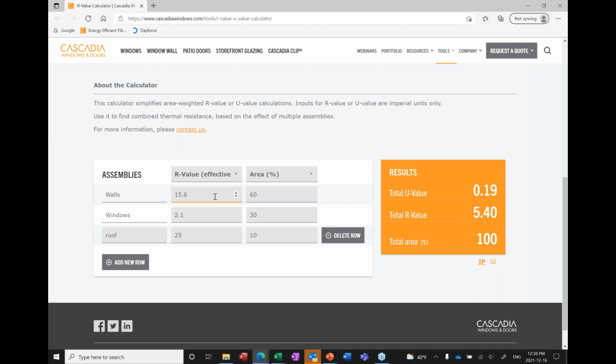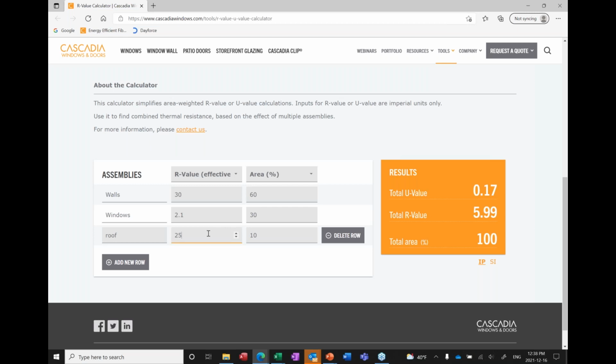So let's start by improving the walls. So let's double the insulation thickness, and let's add some thermally broken cladding attachment, and we'll get the walls performing to R30. And you can see that we increased some, but we're still only at basically 6 for the effective R value of this whole building.